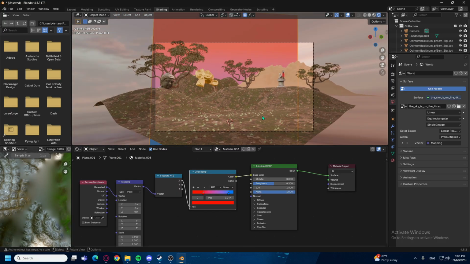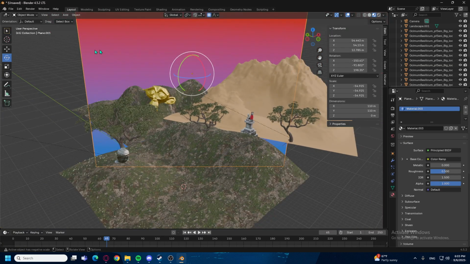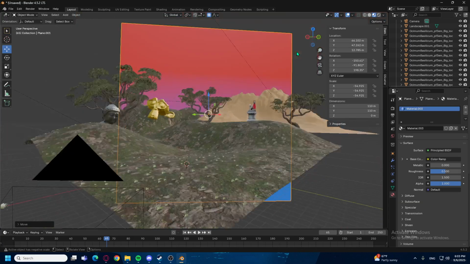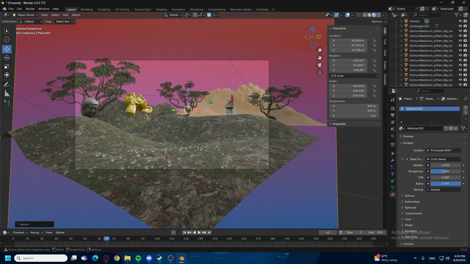Now I'm getting very Minecraft world generation vibes from this, and I'm very happy with that, I'd say. Actually,